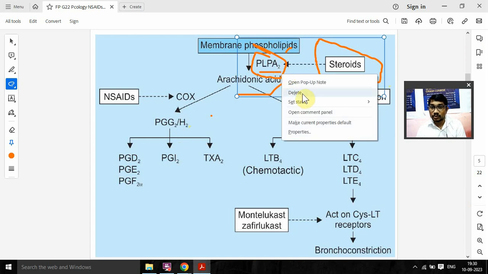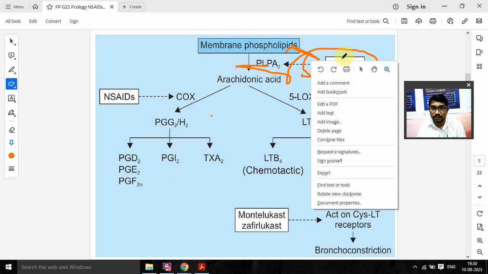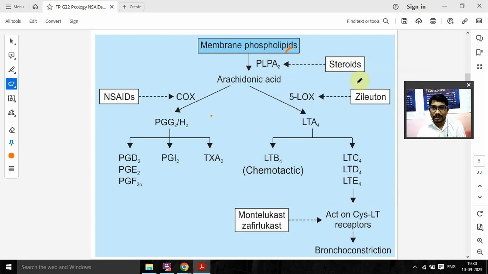Mechanism के ऊपर question आ चुका है इसके. Steroids exert their anti-inflammatory activity by blocking this phospholipase A2. Okay. First, you can block this. But steroidal drugs have adverse effects, so that's why they are not commonly used. They are only used in extreme cases. ये जब chronic condition है या फिर दूसरा कोई alternative नहीं है, so in that condition you have to use steroid.